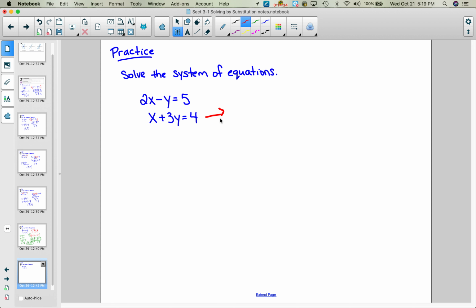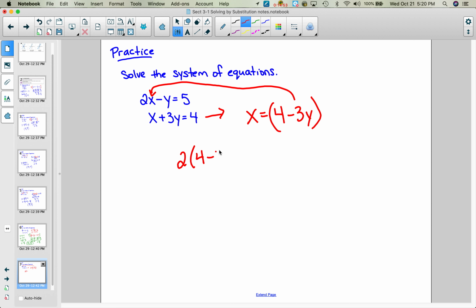So notice with this one, I get x equals 4 minus 3y, and then I can take this 4 minus 3y and drop it into the other equation for x. So I'm going to replace the x with 4 minus 3y. So I get 2 times 4 minus 3y and then I have a minus y still, equals 5. So I've just substituted in place of the x, this 4 minus 3y. Then I have to distribute,